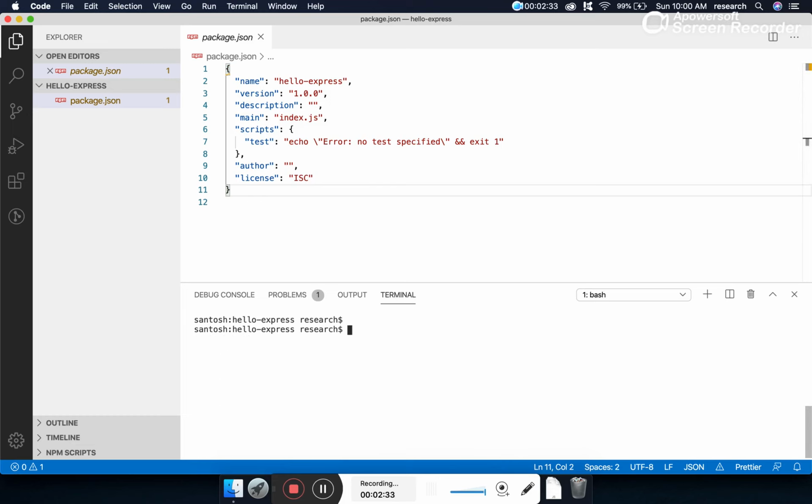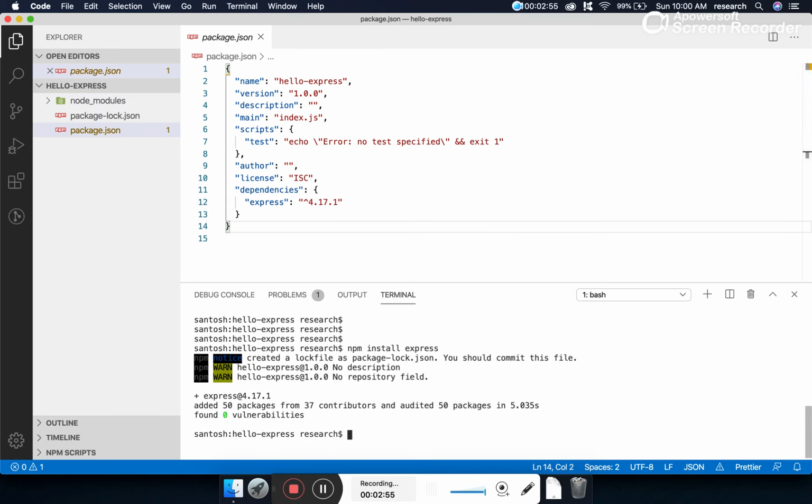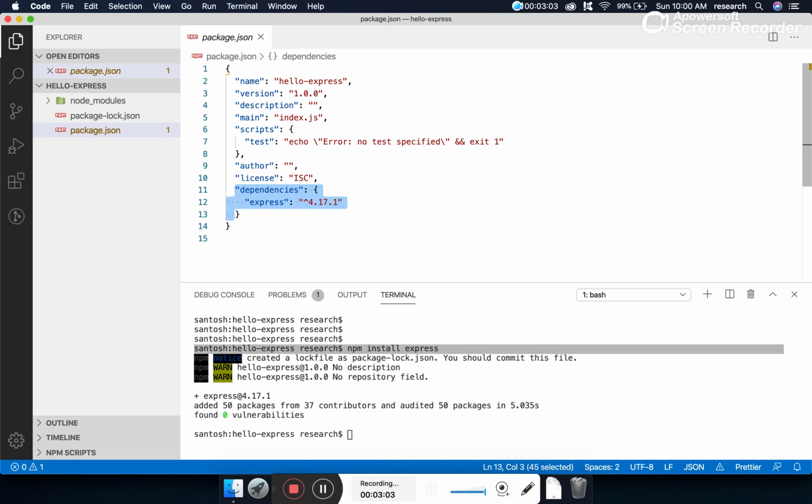Later on we'll begin with npm install. This is a very important step. npm install express. So what we are doing is installing the Express.js framework in our project, again by using the npm command. Express.js is an external module, and we will make sure that we are connected to the internet while running this command. Once the command succeeds, we will find that our package.json has been updated with the dependency. What is the dependency here? Express, and this indicates the version number.